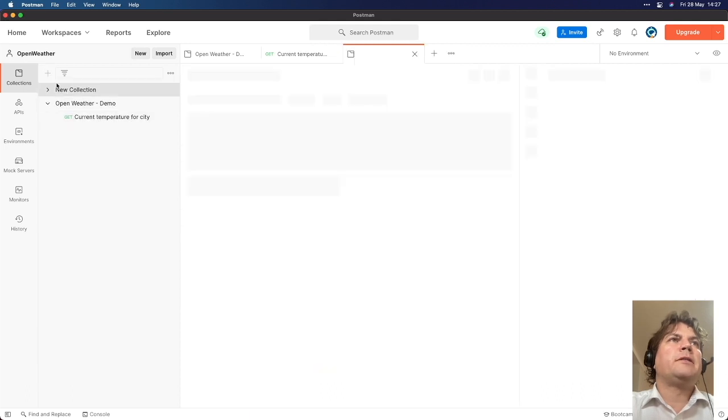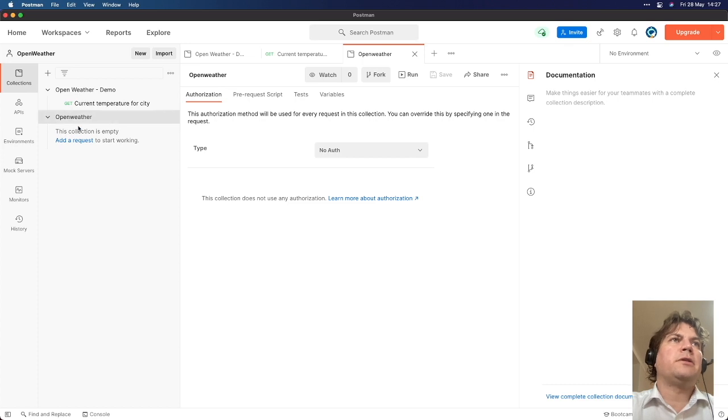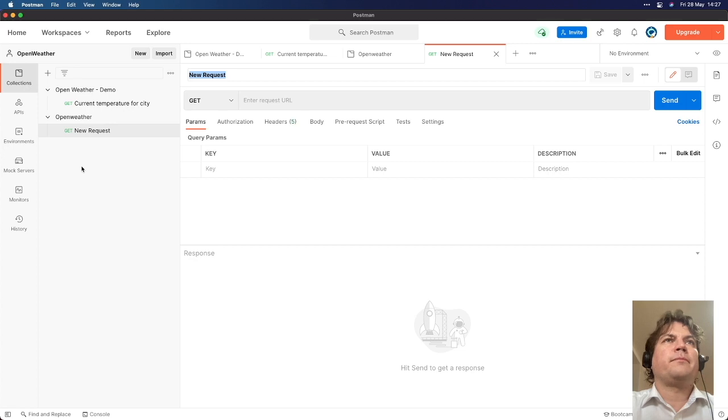Now I want to create a request like this. So I'll create a collection called Openweather. A collection is just a list of all the requests that I can do. Let's add a request, and I'll call it current weather. As you navigate in Postman, you'll have a long list of all the requests and tests that you're doing, so it's always very good to give it a proper name. So I'll name it get current weather for a city,